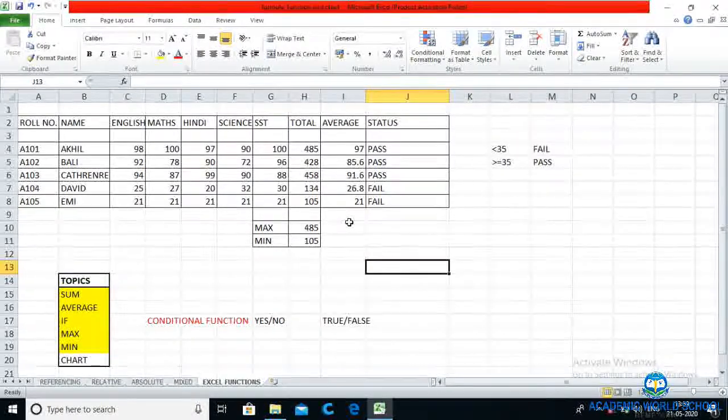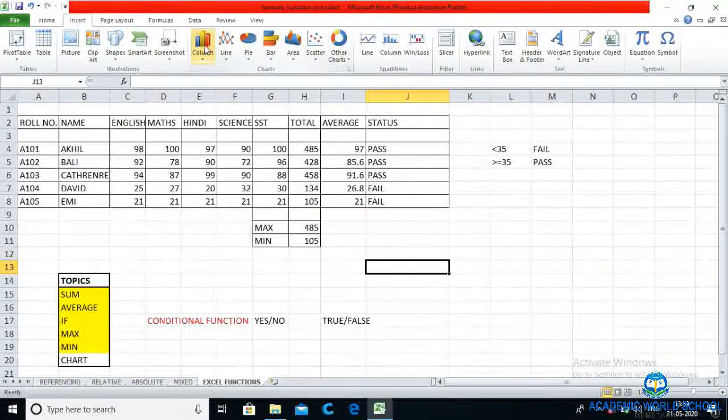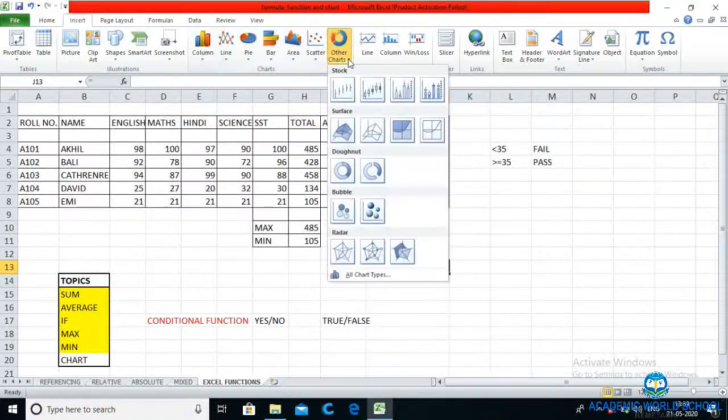Over here in the chart group, you will see varieties of charts. But the type of chart depends on the type of output you want. Now over here I want to see only the highest student mark and the lowest one.